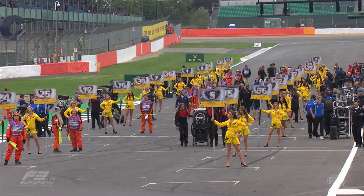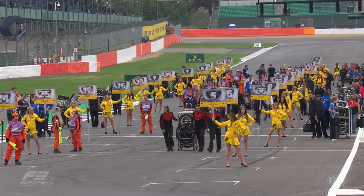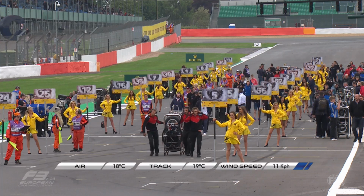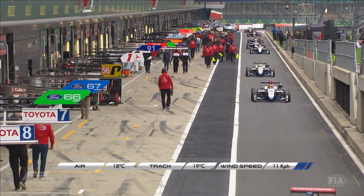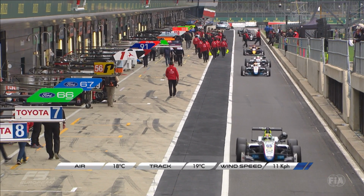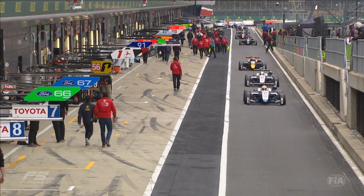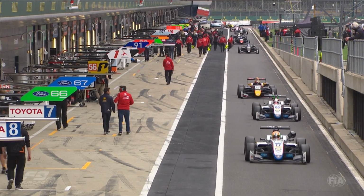The qualifying session that determined this grid was held right at the very end of yesterday. The cars were out on track at probably the wrong side of 6 o'clock yesterday evening, and it means, therefore, that the track conditions were slightly different, slightly cooler, and it's a more jumbled grid. Now the drivers making their way down through the pit lane, getting another opportunity at getting some warmth into the tyres before the pit lane closes. It opens for 5 minutes, so they've got another lap they can squeeze out of this before they slot into